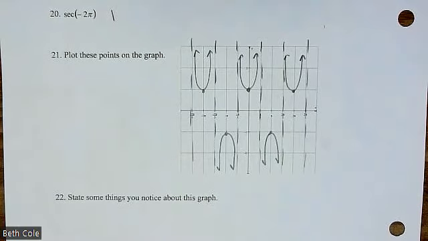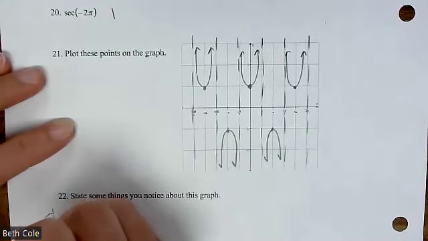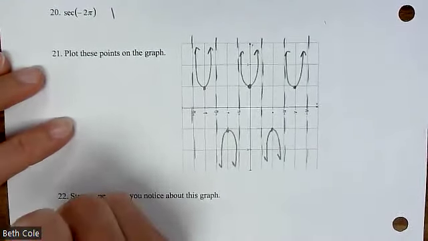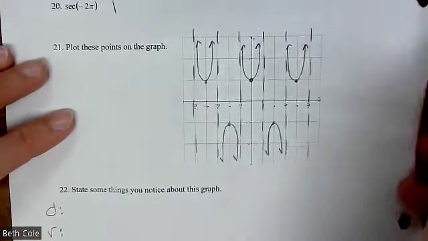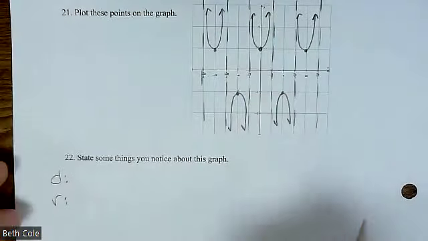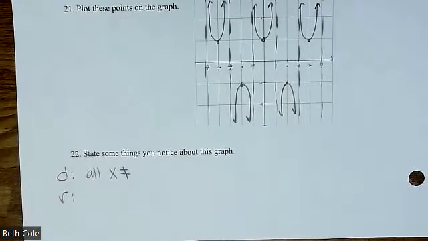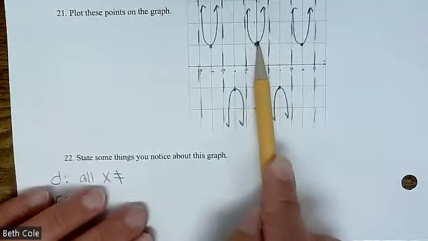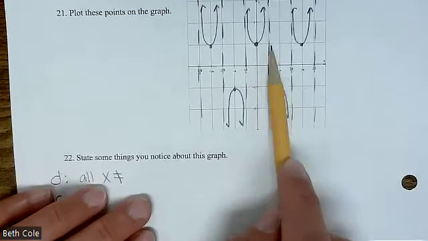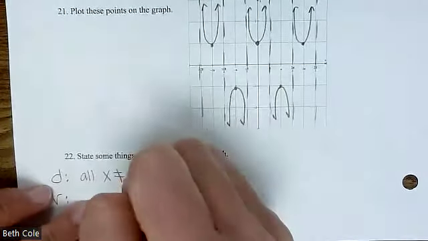Okay, sweet. So we're going to state the same things for this one. Start with domain and range. I'll pull us all back together. If your graph was good, that's awesome. So the way we write domain, it's all x except for where the asymptotes are. So you take the first one and it's the first positive one or 0. Now this one's not 0. So where is the first positive asymptote? Pi over 2